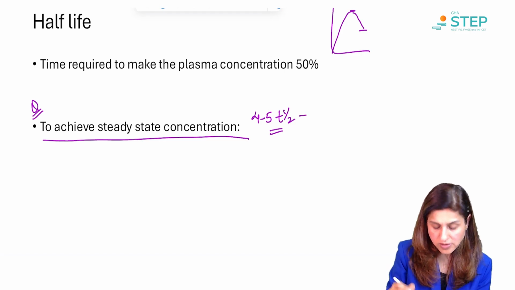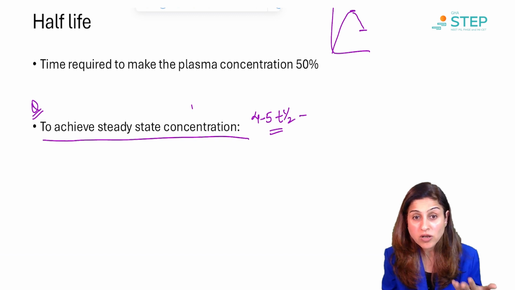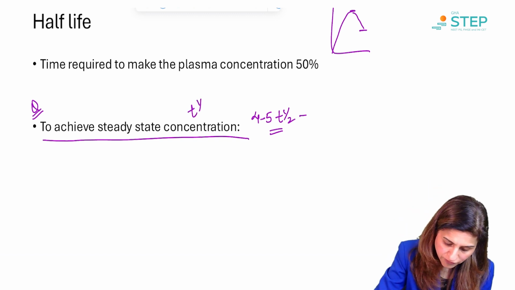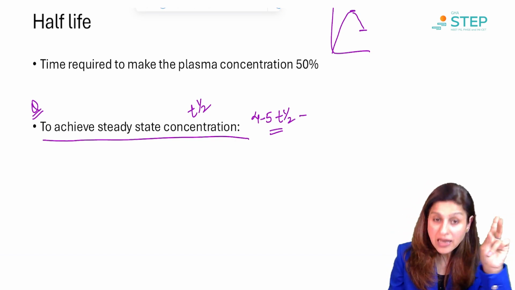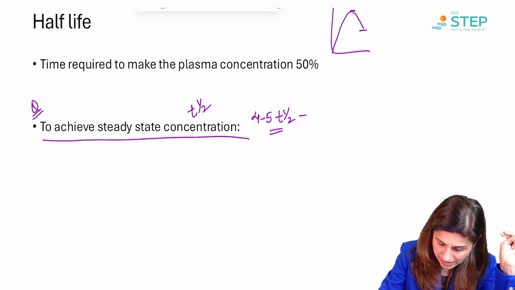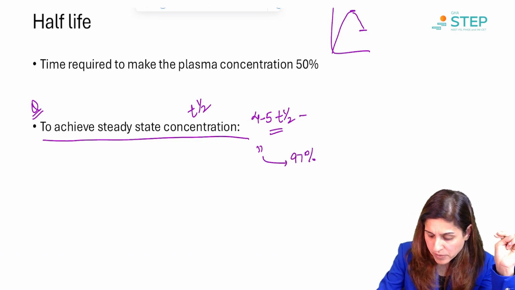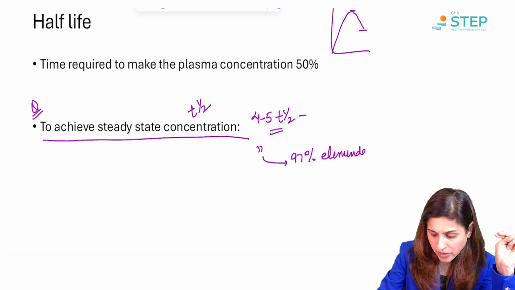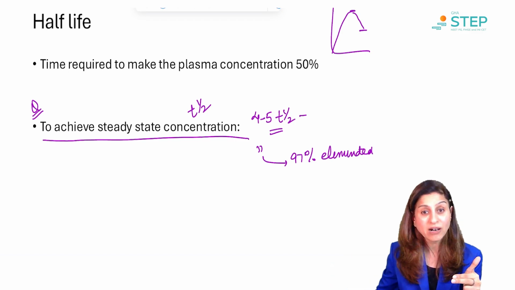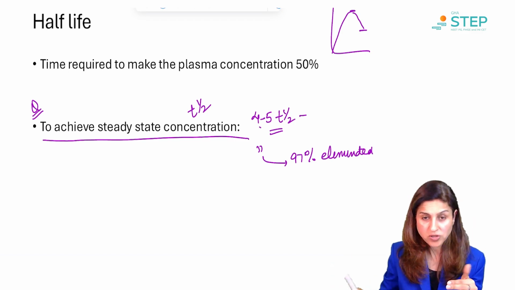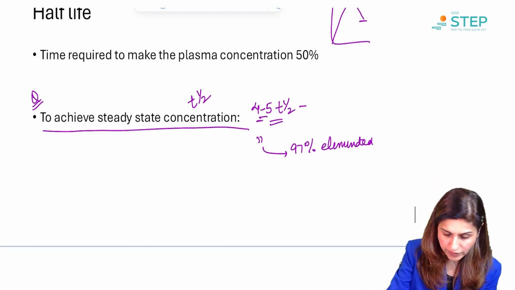So for steady state, this is an important question. And there was once a question asked, like, on what parameter does a steady state concentration depend? So it depends upon the half-life of a drug. So it takes 4 to 5 half-lives to reach its steady state levels. On the other hand, it takes exactly 4 to 5 half-lives for the drug to be around 97% eliminated from the body. So in both cases, whether it is rising in the plasma, or the concentration is going down or decreasing, 4 to 5 half-lives are required. So we'll see how this happens.